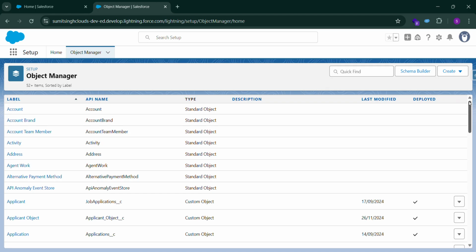In Salesforce we have mainly two types of objects. But first of all, you have to know what an object is in Salesforce. An object is like a spreadsheet, or we can say a data table, in Salesforce. In a data table,